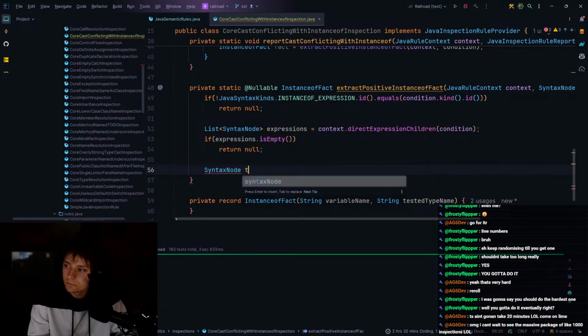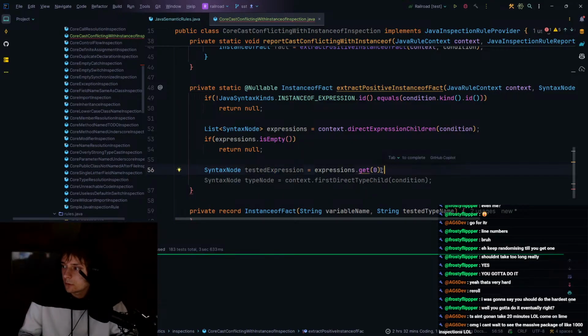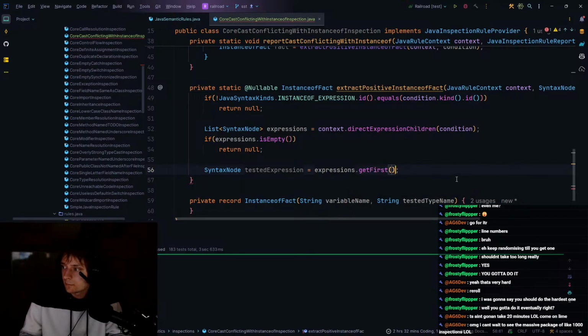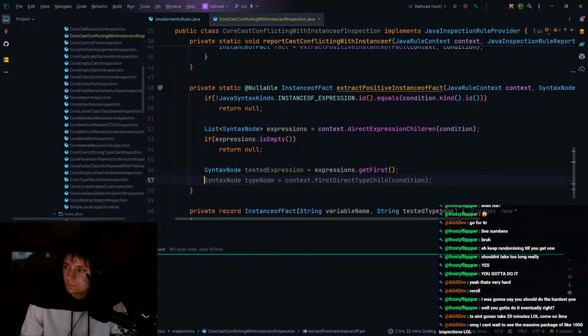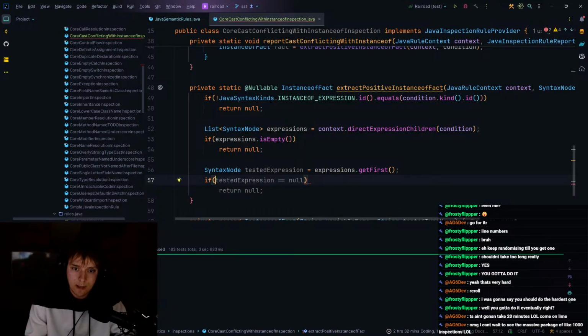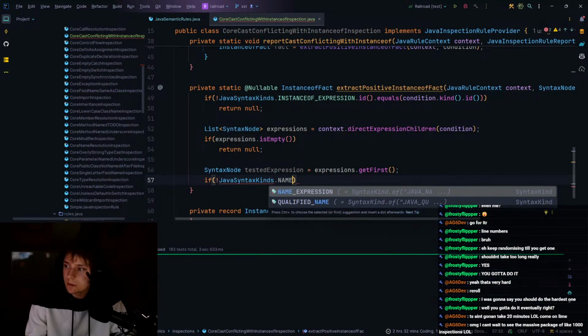So tested expression. Sure, but we can just do get first. And we need to see if that's not a name, JavaSyntaxKind.NAME,